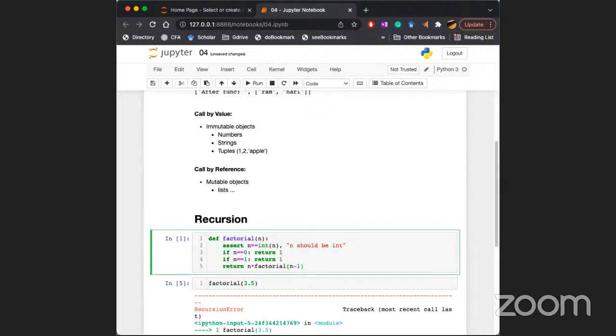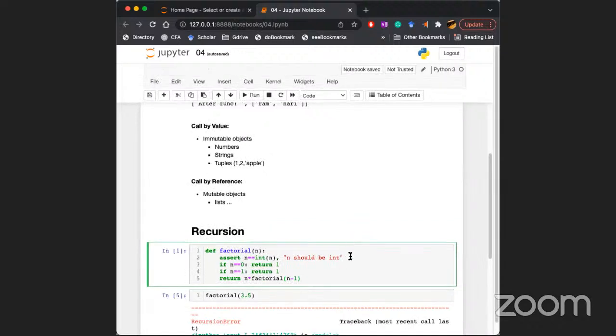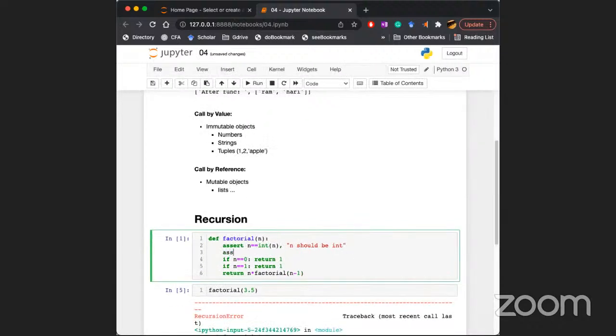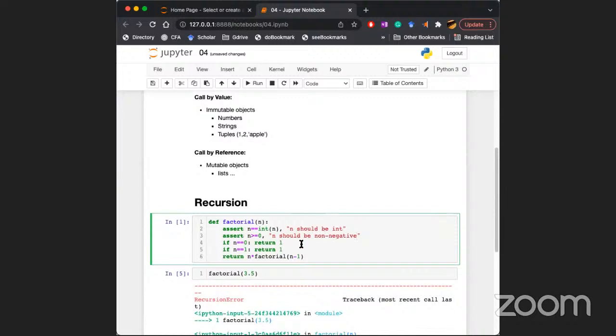Okay, somebody may pass a negative number. That should also be taken care of here. Assert n is greater than 0 or greater than equal to 0. N should be positive or non-negative, basically. It can be 0 or positive. Non-negative. So these are the edge cases which we are handling, but the main meat or the main concept which